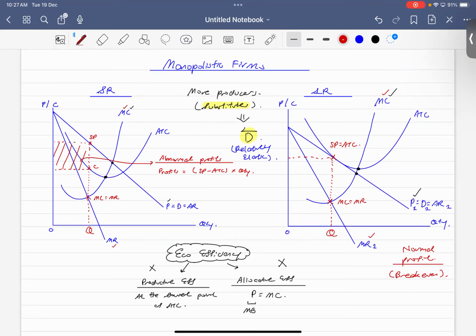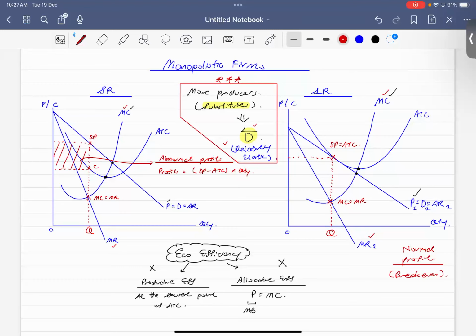Again, usually they might not really ask you to show the diagrams, but you need to know why the demand curve will shift leftwards and why it becomes more elastic. I need you to know how to write this into sentences. This part here is important. Make sure you know why the demand curve for monopolistic firms will be more elastic, and what causes the demand curve to shift leftwards.